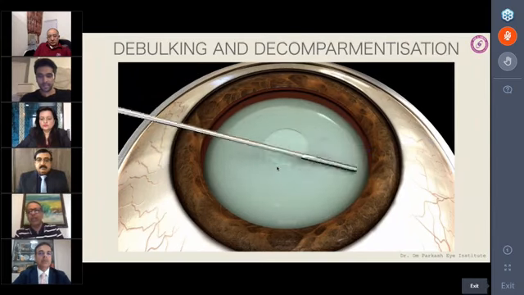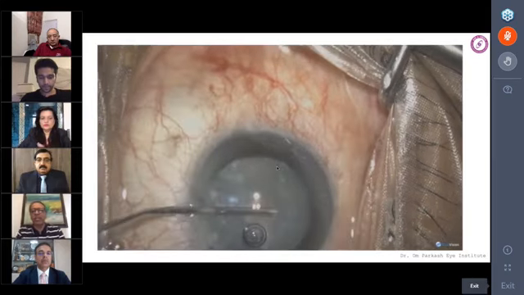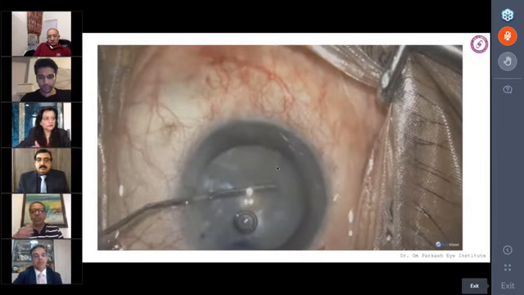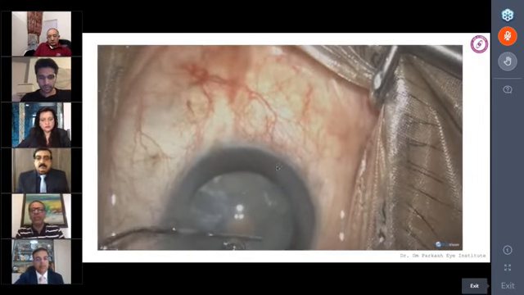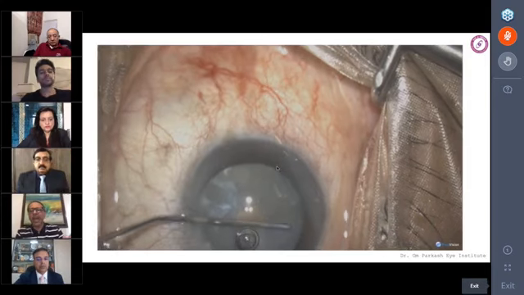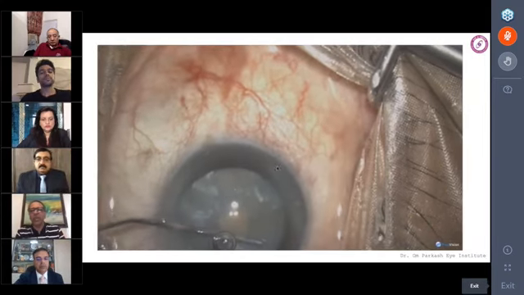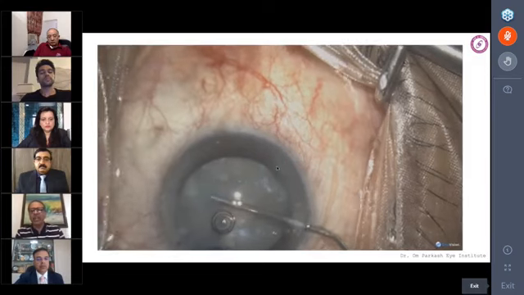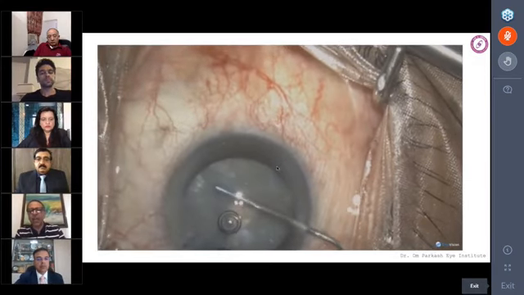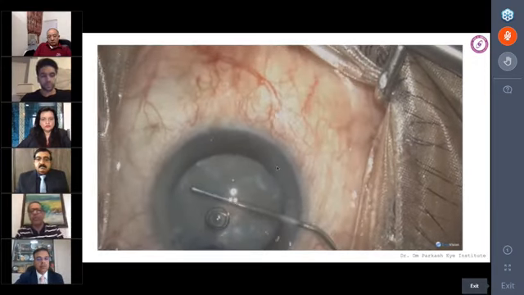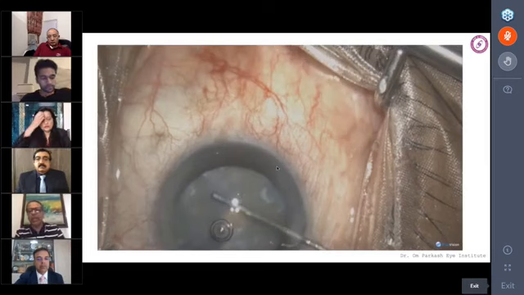And at the same time, you are aspirating it. You will see how it is being done. You use the side ports to your advantage. When you're using side ports to your advantage, you're pushing the nucleus also, and which creates a fluid, which allows the fluid from the posterior compartment to come to the anterior segment, and we are able to take care